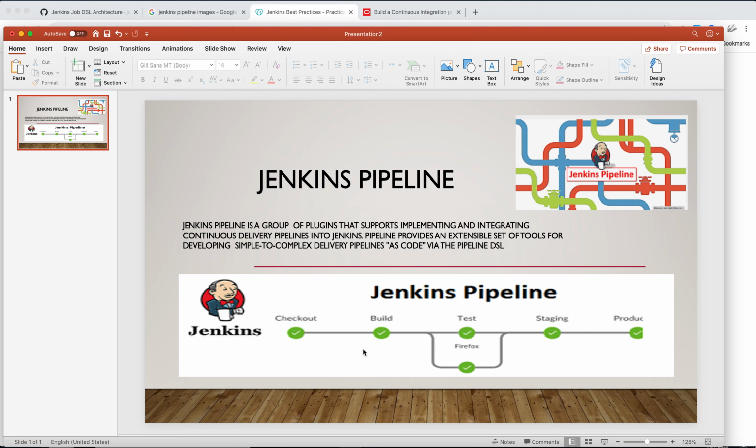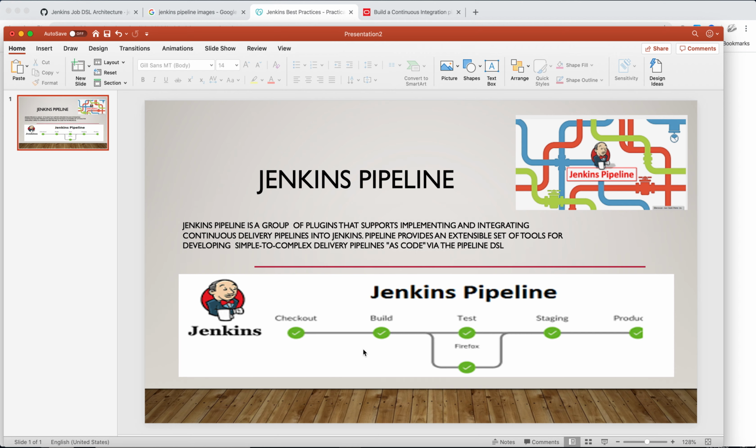In the previous session we discussed installing Jenkins on Mac, and I also provided some of the steps to install Jenkins on Windows as a service. Today we will discuss writing your first Jenkins pipeline after your installation.